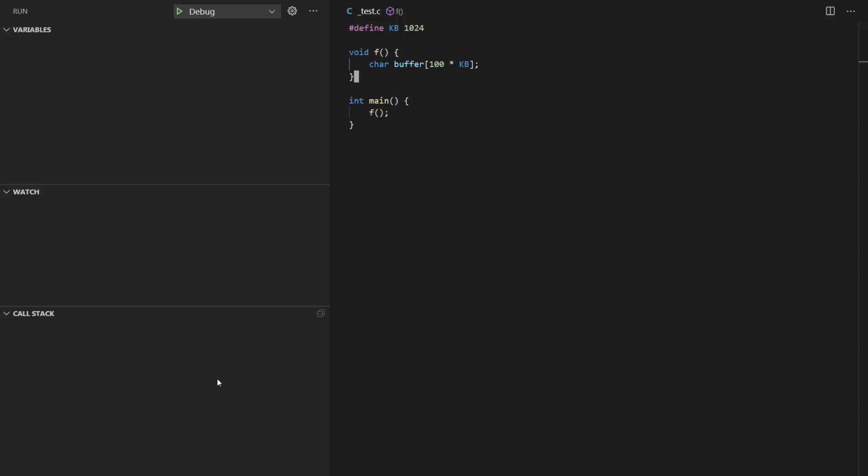Well, actually, to see how this works, I'm gonna need to have some way of seeing how much memory is allocated for my program. And unfortunately, there is no,